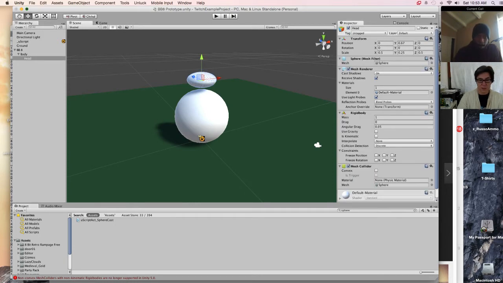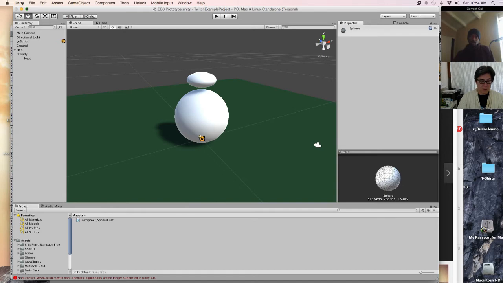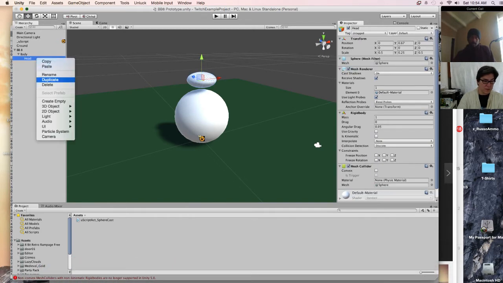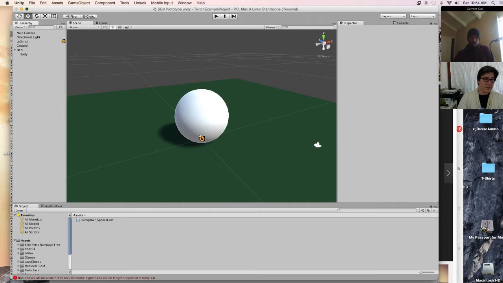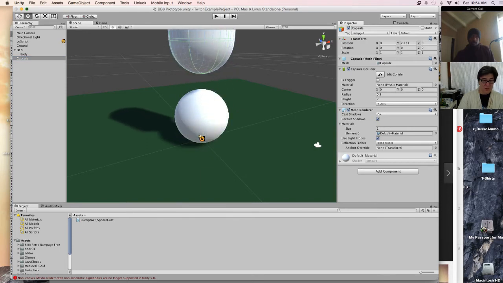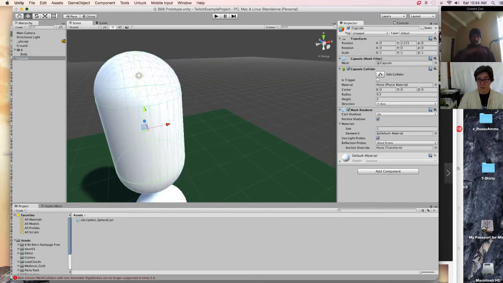So what I can do is, let's ditch this head for a second. I'm gonna delete it. Spheres are always a little bit tricky. What I'm gonna do instead is let's drop a capsule on there, right? And we will use the capsule collider, which will be a little bit more forgiving, right?